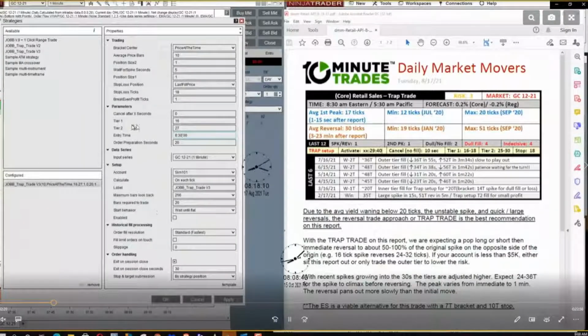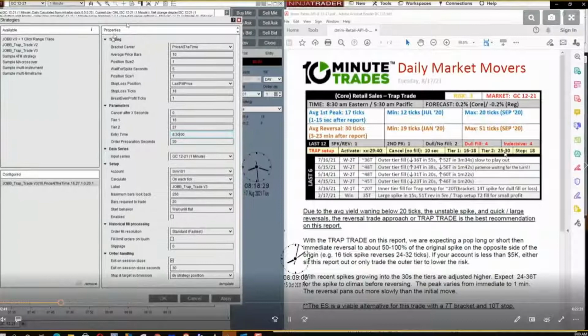And your tiers. These are the tiers here, and they're always in a range. It's a tradition. Just goes back to the early days of the company. So you could use 16, 17, or 18 on your first tier, 25 to 30 on your second tier.